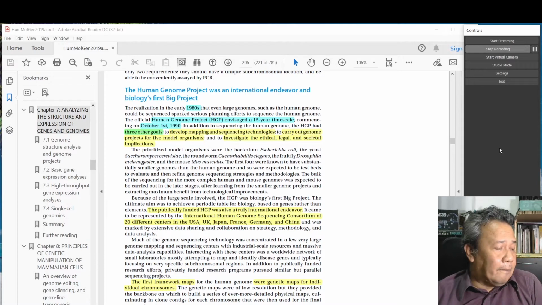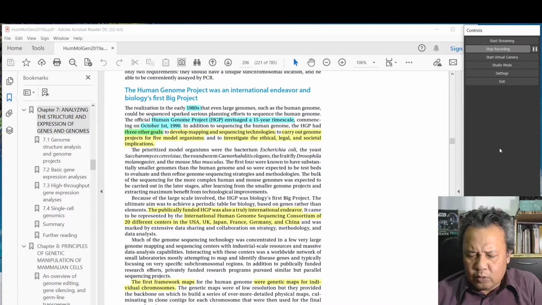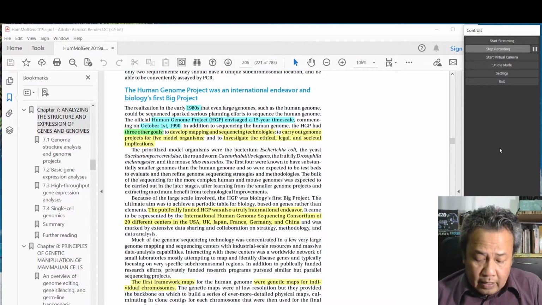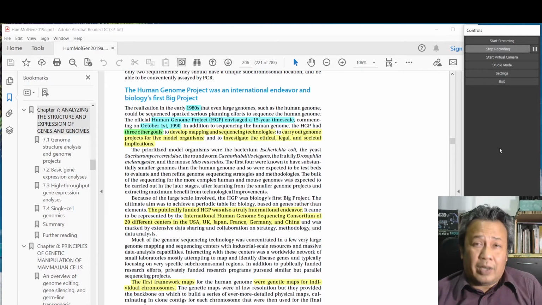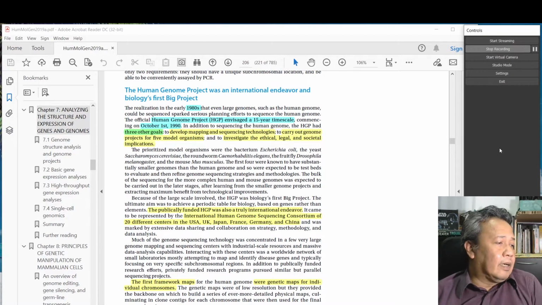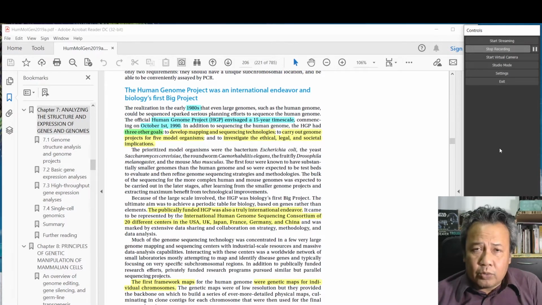Because at that time they could effectively only sequence about 700 bases, and to sequence a large fragment was very expensive, very uneconomical. So what they wanted was to develop sequencing technology so that they could reduce the cost of sequencing. Secondly, in order to get a good genome reference, they thought that